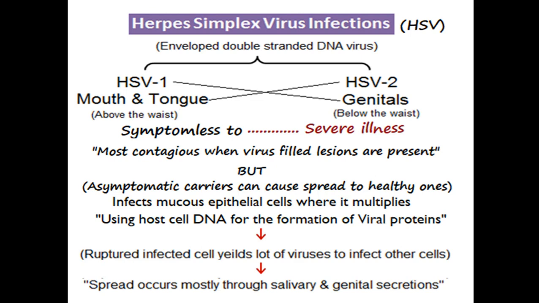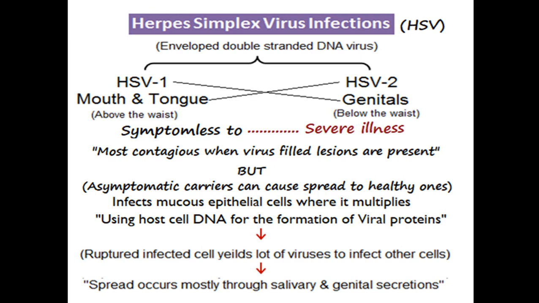Now you know that viruses are either DNA viruses or RNA viruses. They are not cells and they cannot exist independently. What they do is use the nucleus and the metabolic machinery of the live cells where they enter, join their DNA or RNA into the cell's DNA or RNA, and start making viral proteins. These viral proteins are then packaged into the proper form of viruses, and when the cell ruptures, a lot of viruses are released.